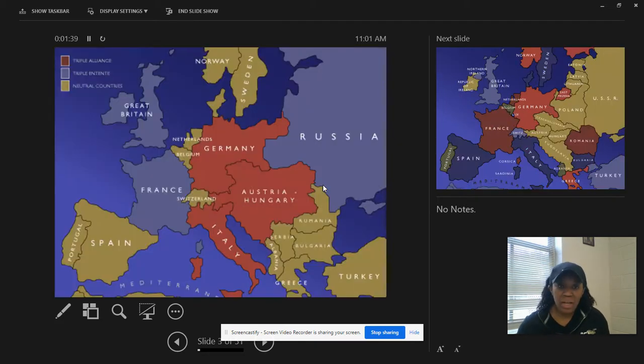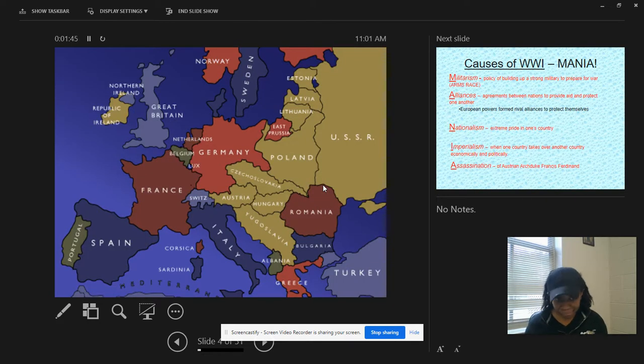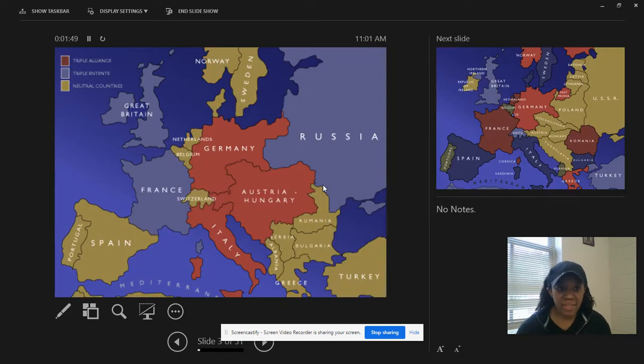So this is what Europe looked like before World War One, and this is what Europe looks like now. As you can see, there are some major differences. Some of them being that Germany and Austria-Hungary are much smaller. You have the creation of countries like Czechoslovakia, and you have the creation of Poland, Prussia, and